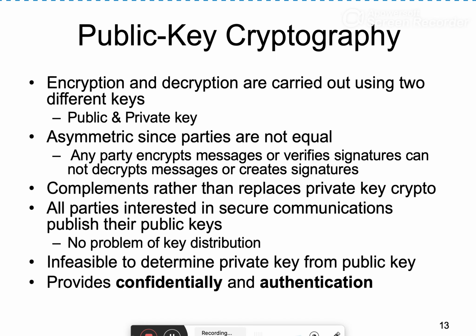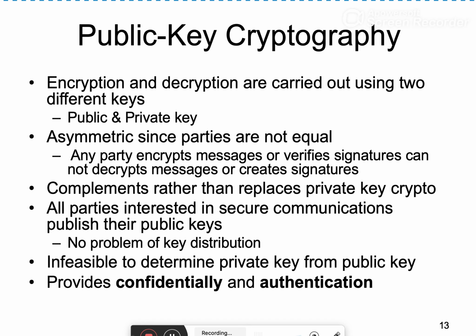The biggest problem with symmetric encryption algorithms is key management or key distribution: how to distribute keys among parties before starting the communication. This problem has been solved by public key cryptography because we don't need to distribute keys secretly. Public keys are public, so we can make them public at any place, and other users can get access to them. So the problem of key distribution has been solved by public key cryptography.